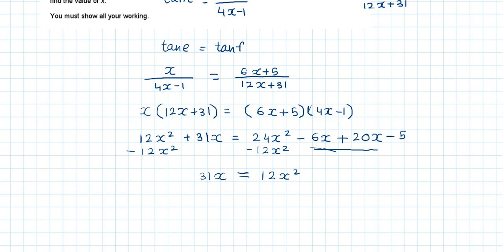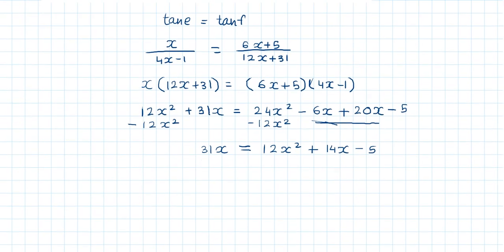Okay, so I subtract 31x both sides now. So you're left with 12x squared minus 17x minus 5 equals 0. So I'm left with the quadratic equation now, form ax squared plus bx plus c. Let me write that down. And this kind of situation,